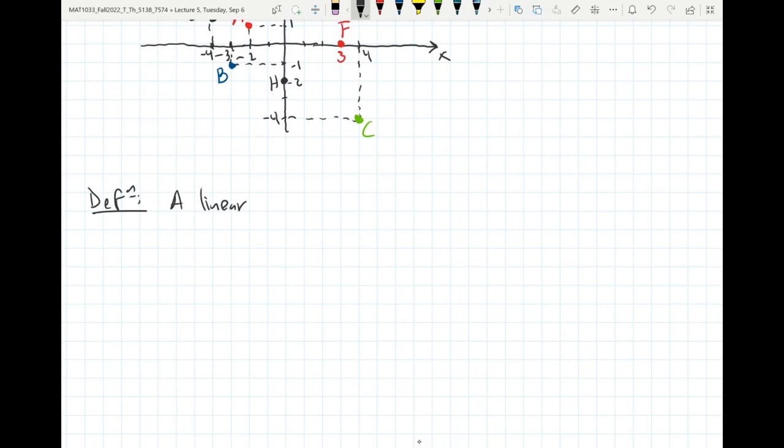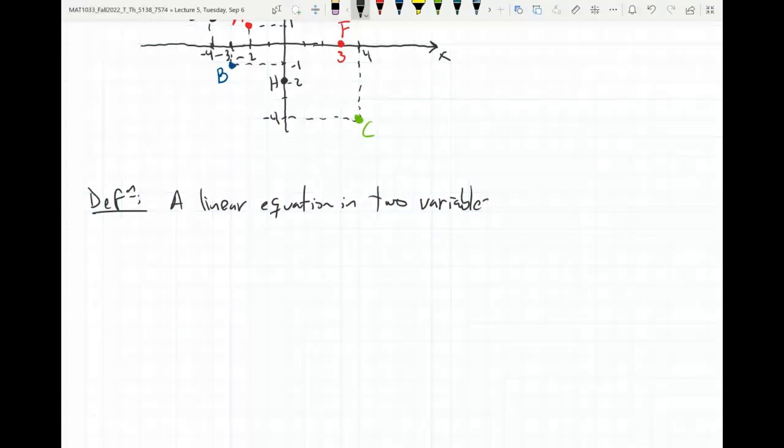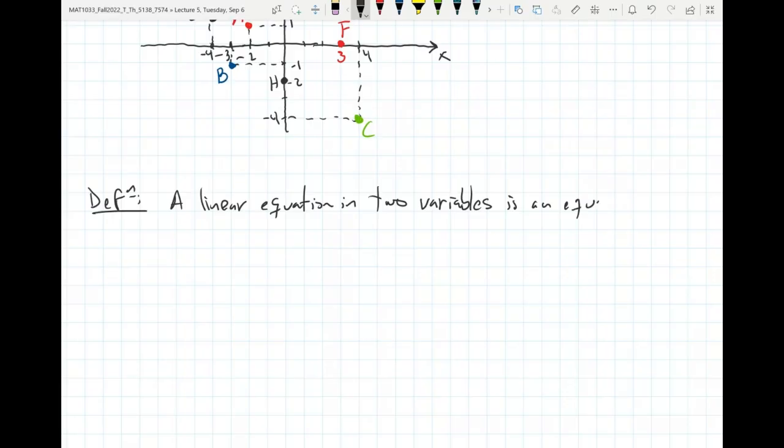So a linear equation in 2 variables. Again, I'm going to use x and y, but it doesn't have to be x and y. It can be whatever variable you want. Okay? A linear equation in 2 variables is an equation, of course,